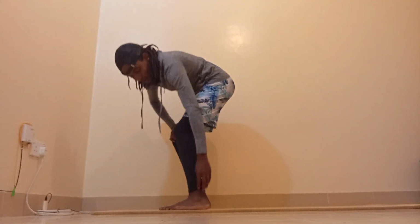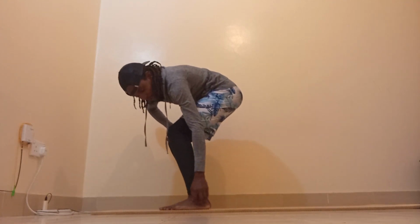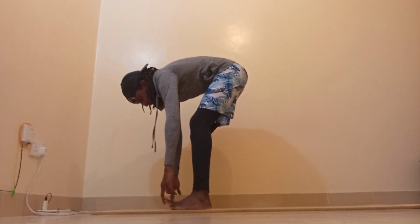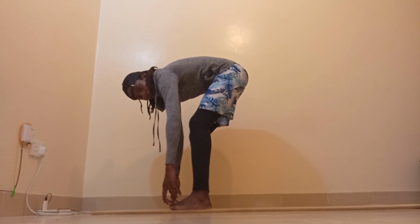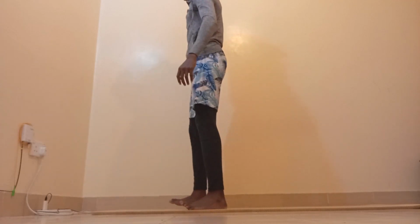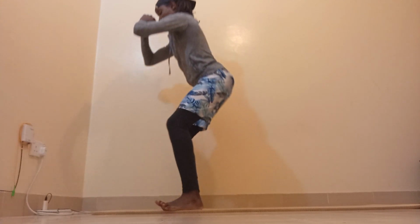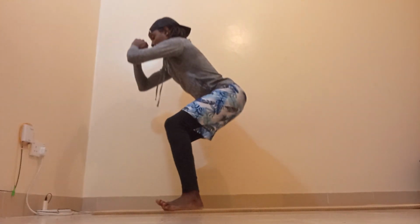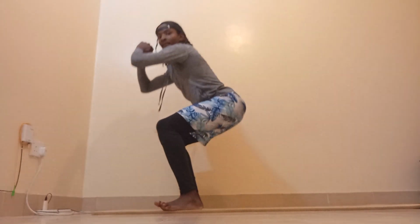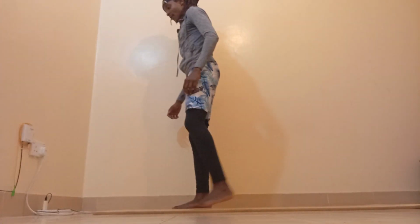Now keep your weight on your ankle. Keep it here. On your heel. Keep the weight on your heel, not on the balls of your feet. You can also lift your toes when you go down, just to emphasize the weight on the heels. Alright. So over here. Keep the weight on your heels. Alright, very good. I'm going 3,